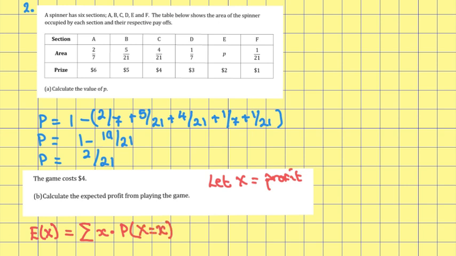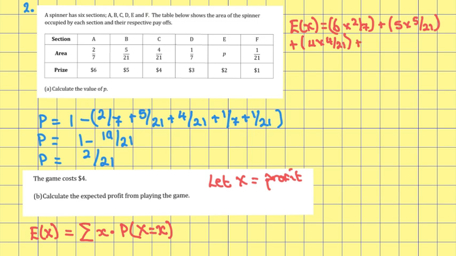So therefore, the expected value of X is equal to 6 times 2/7 plus 5 times 5/21 plus 4 times 4/21